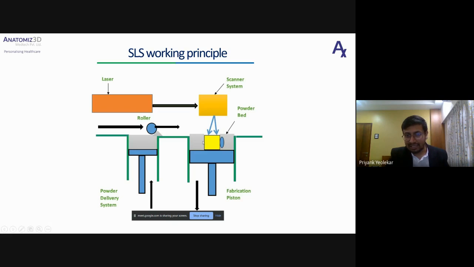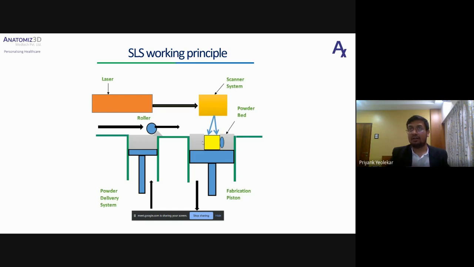As you can see in the picture also, the entire area is filled with powder. The main advantage of this technology is that you don't require any support structure for your models, because your part is getting printed inside your powder. So the powder, besides your main part, actually works as your support structure.